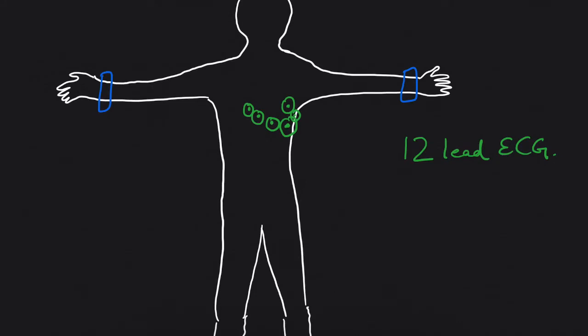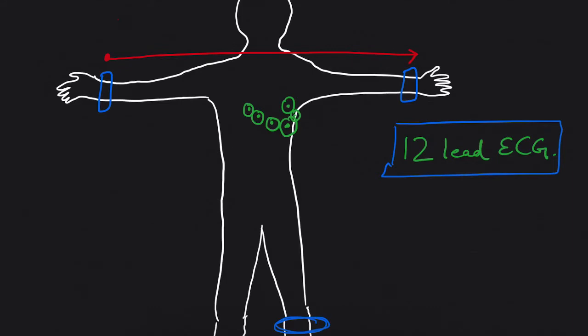We'll place 3 electrodes on the limbs, one on the right arm, one on the left arm, one on the left foot. Now we'll place 6 chest leads, or 6 electrodes, on the chest in the thorax. So we are reading about the 12 lead ECG. Now how do these 9 electrodes form the 12 leads? The electrodes we have placed on the limbs can act as bipolar or monopolar both.